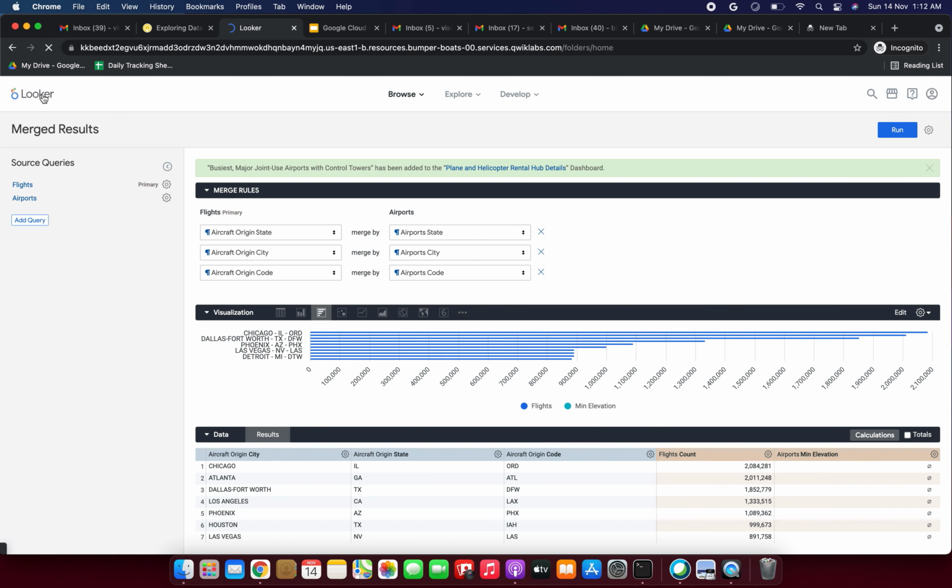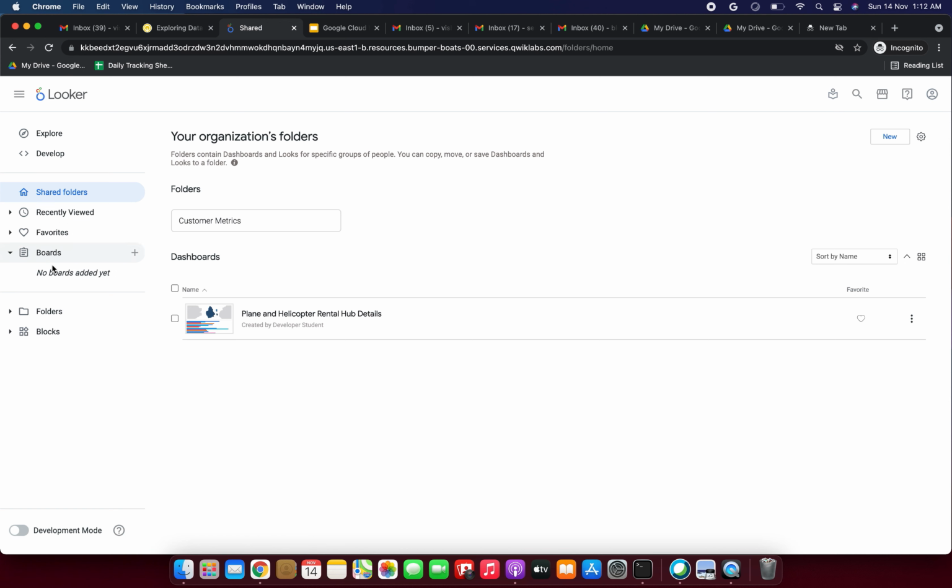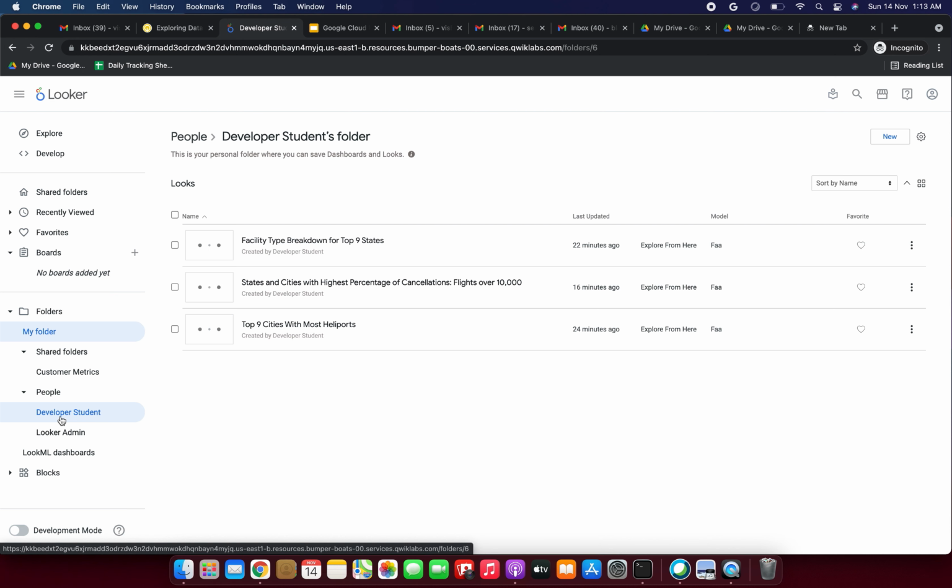How to do that? I am going to click this looker and click explore. Now what I need to do, I am checking it, friends, just give me a second. So here only, friends, directly looker, just click looker only. After that, don't click that explore, directly you can come to these folders. Under these folders just select the people. Okay, developer student only we need to select, developer student. Under the people just select the developer student, and here we have these 3 things, right?